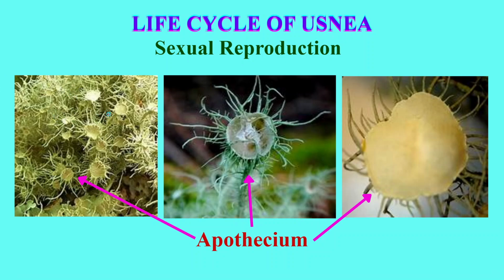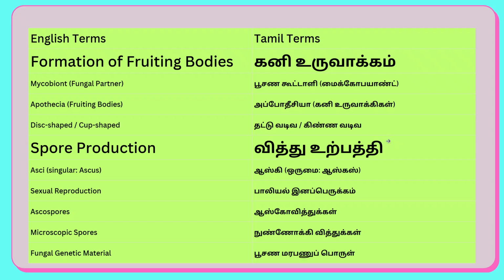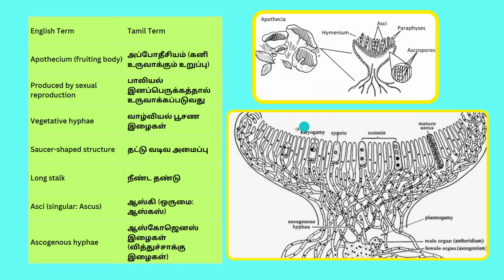and this is taking place with the help of the structures that you see here, which are referred to as apothecium. Singular apothecium, plural apothecia. A closer view of apothecium, and yet another closer view of apothecium. So a sort of plate-like or saucer-like or cup-like structure, not a deep cup. And let's see the structure of this. Here you can see the line diagram of apothecia, and this saucer-like structure has got a long stalk,